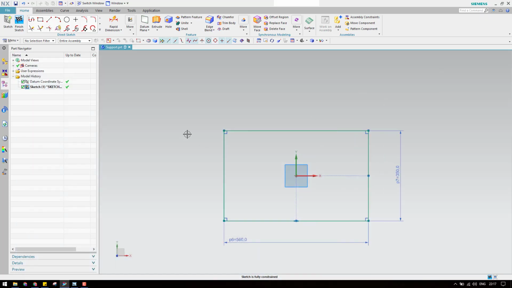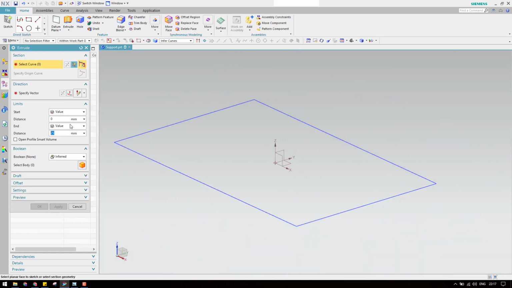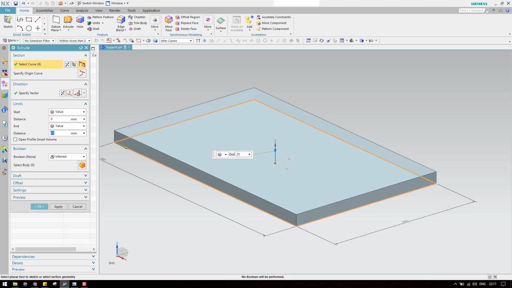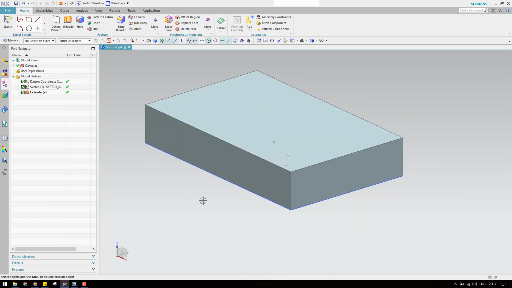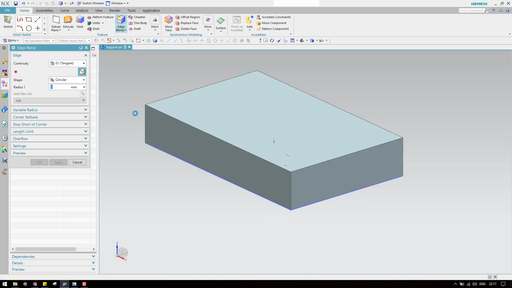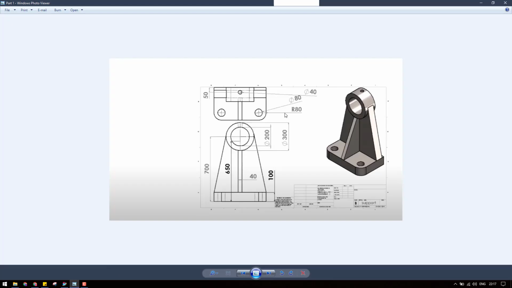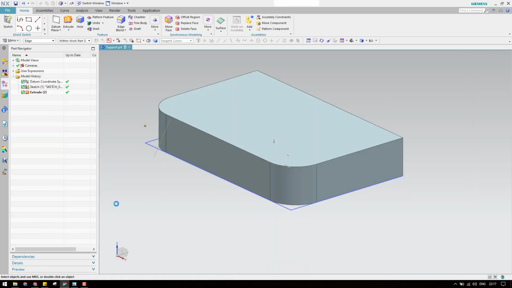There are two ways you can follow. You can create a rectangle, go to the 3D workbench and extrude it. I'm going to select this sketch. This is the 100 mm length, so let us extrude it by 100 mm, and you can give this as none and click OK. This is one way, and you can give the chamfer for this now. Go to edge blend and select these two and check the 80 mm radius. So let us give 80 mm and click OK.